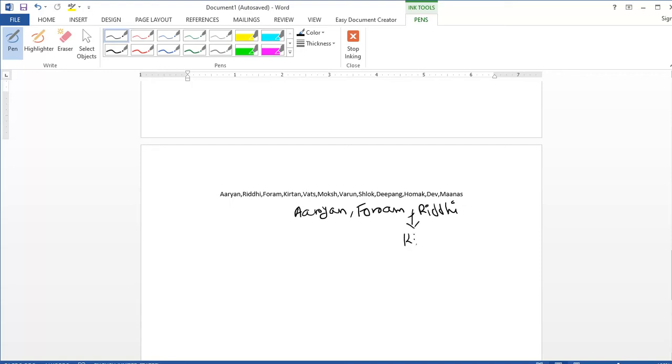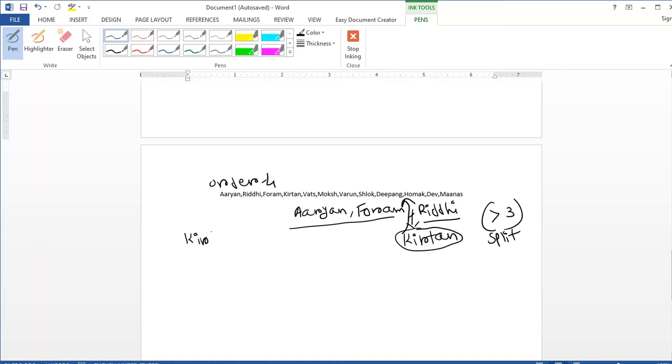Here. But now as our tree is an order 4 tree, the leaf node or any node cannot have more than 3 values, and here there are 4 values, so we need to split the tree, and we are going to split the tree using this value. Okay, this is the median value. So now it will go one level up, and now we'll have the tree with Kirtan in the root node,